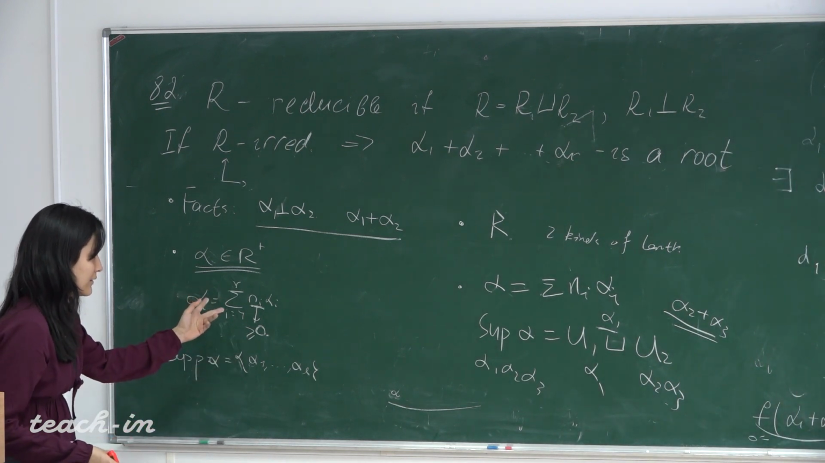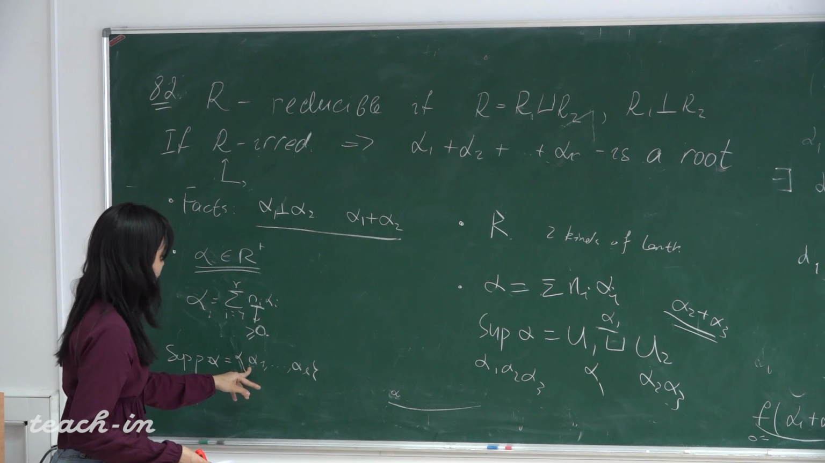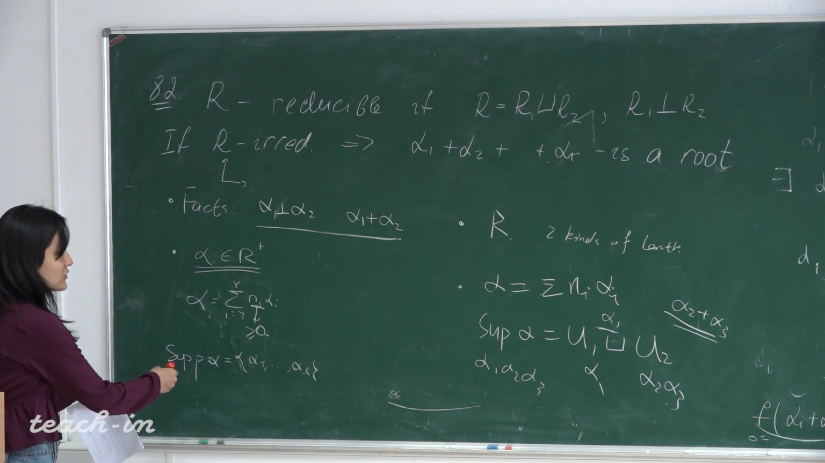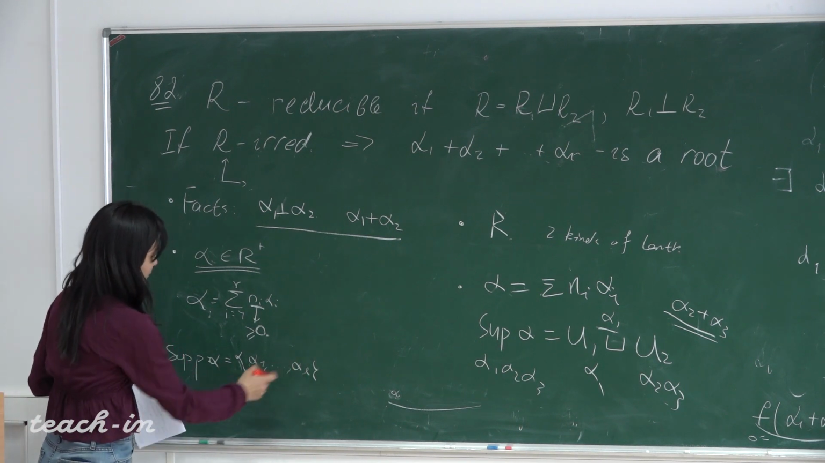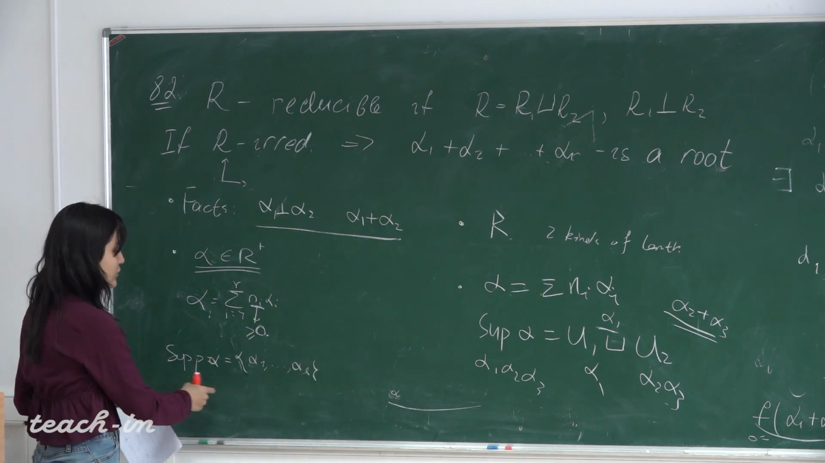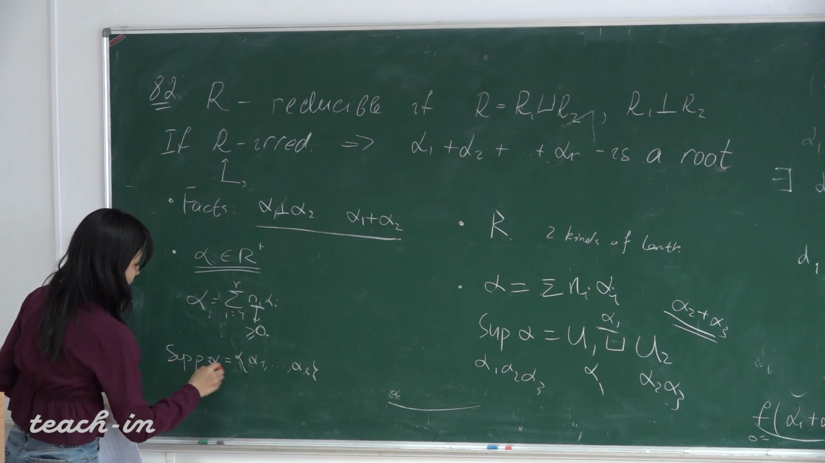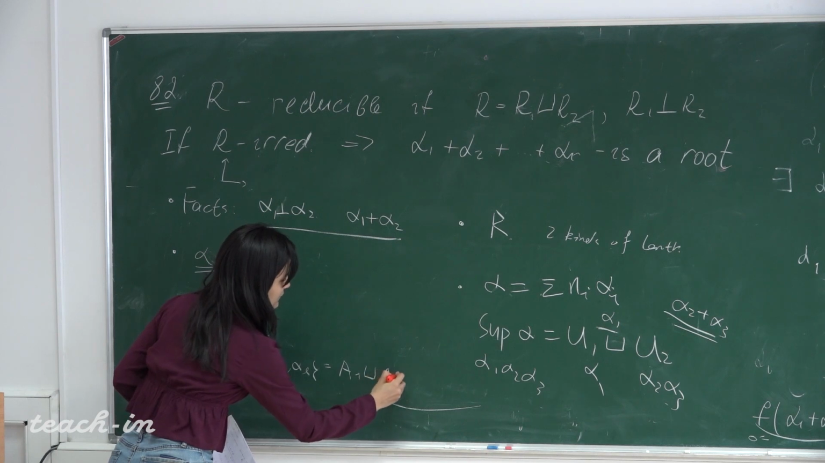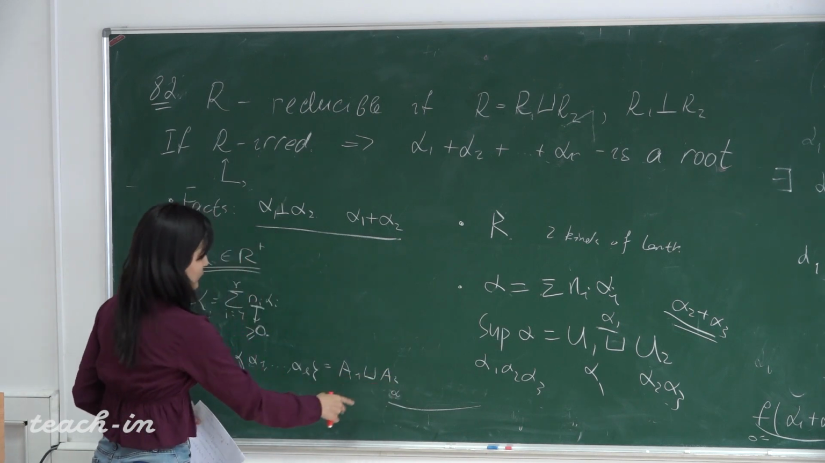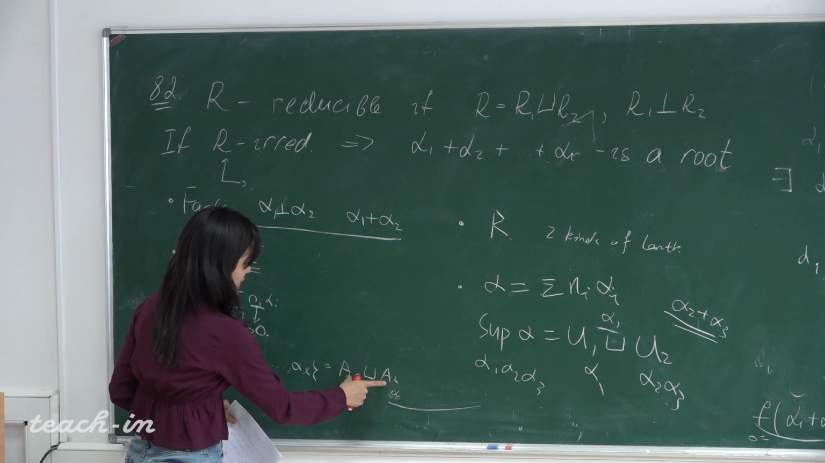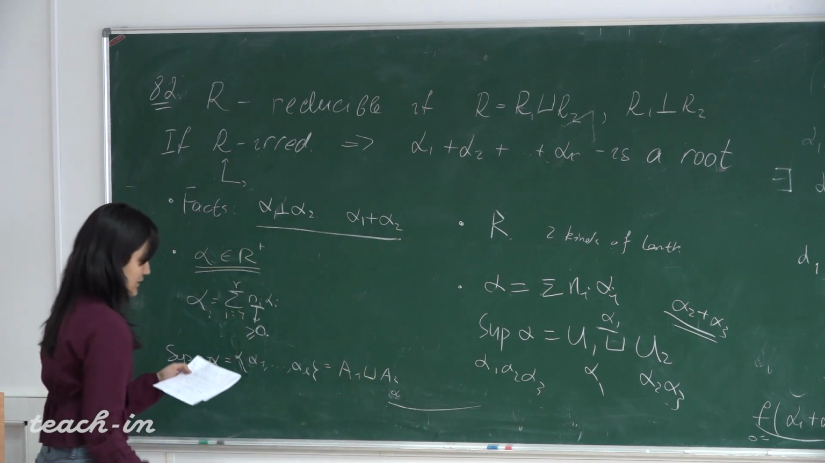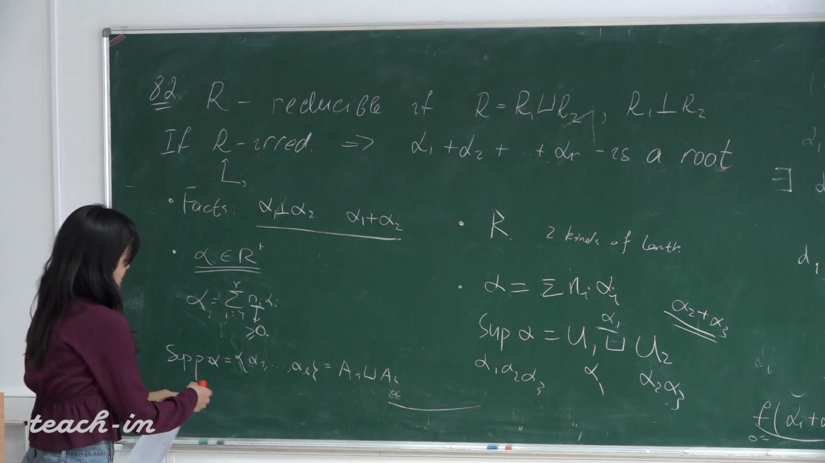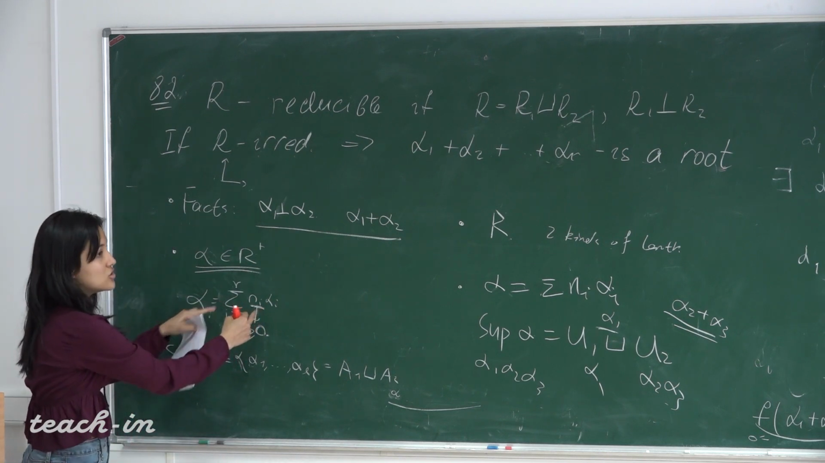I rename the roots, so they are alpha 1 to alpha L. And suppose, by contradiction, that this support can be decomposed as the union of, let's say, these two sets, where these two sets are totally orthogonal. So suppose this is the case, and what I do here is I write this linear combination alpha,